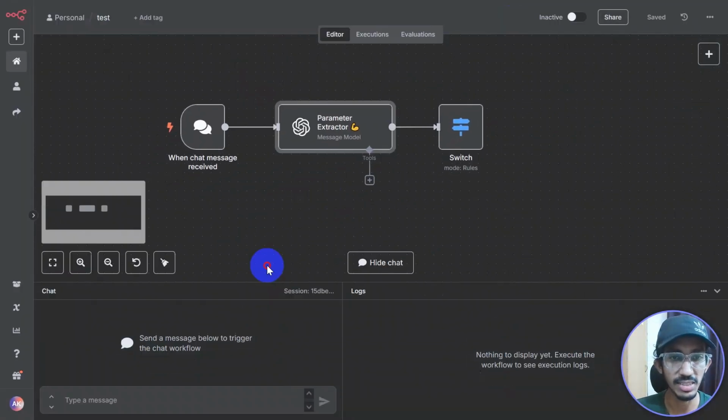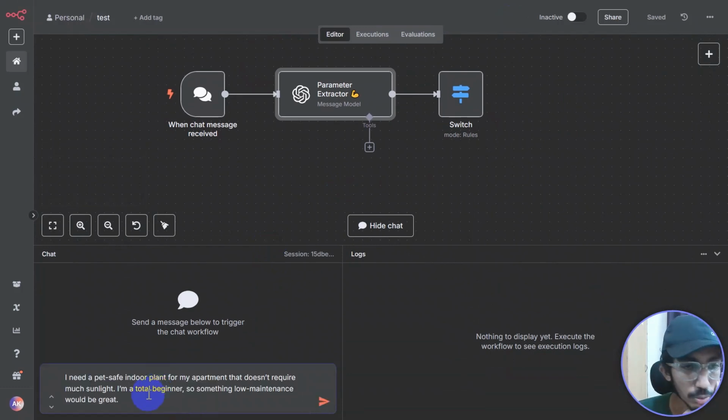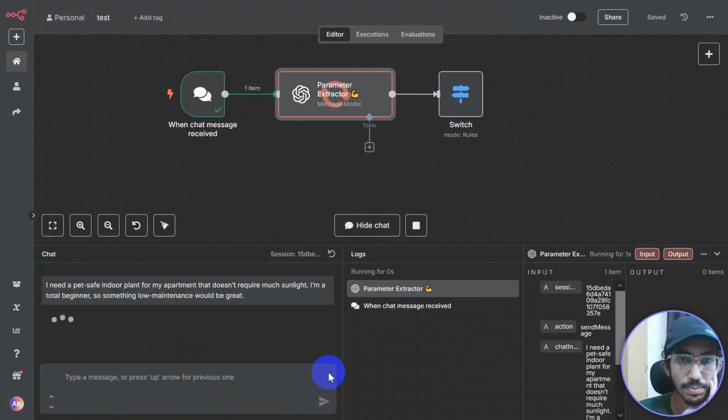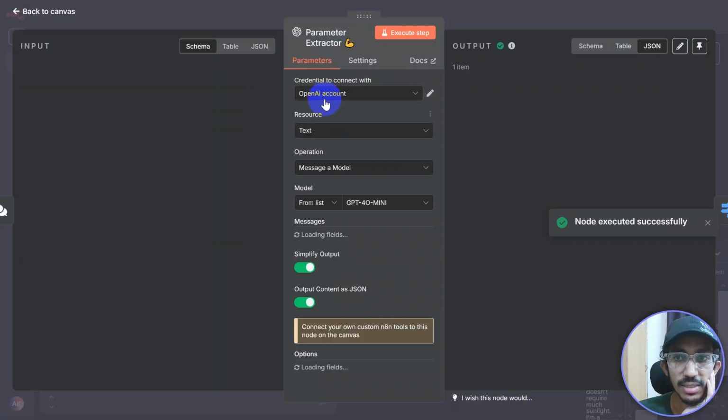Now we can actually test. For example, we can try with this user query. I need a pet safe indoor plant for my apartment that doesn't require much sunlight. I'm a total beginner, so something low maintenance would be great. Let's click here. Our LLM node is running. Great. So if we click here,